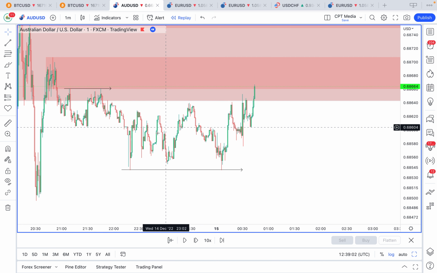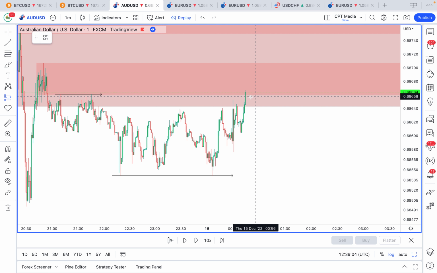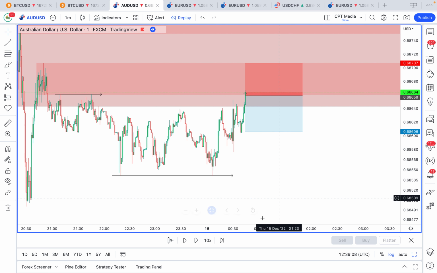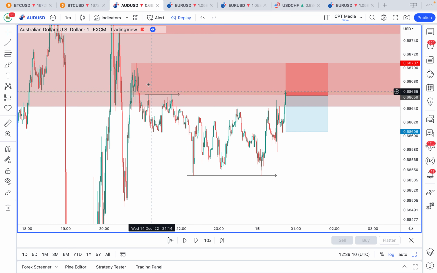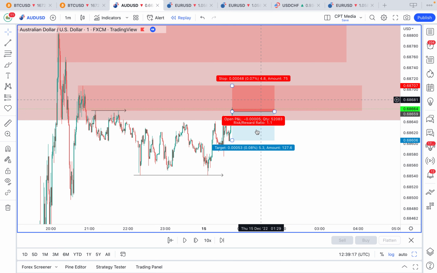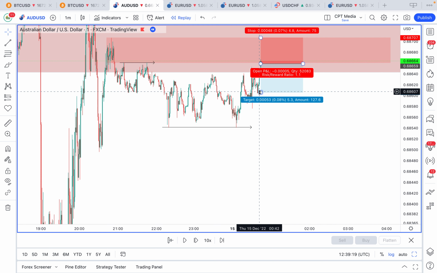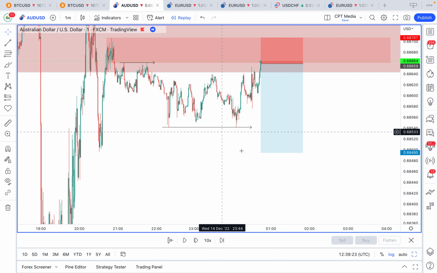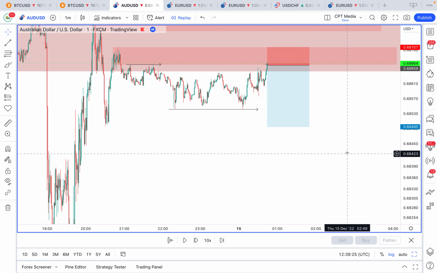Equal lows, equal highs. So what I would do, depending on how you trade, I would likely leave a limit order here to take it to this high, because I understand that because there's liquidity placed just above this zone, this order block, it's likely going to give a nice reaction from the zone. So what I would do is I'd target below this liquidity here, or once it comes out, takes this liquidity,